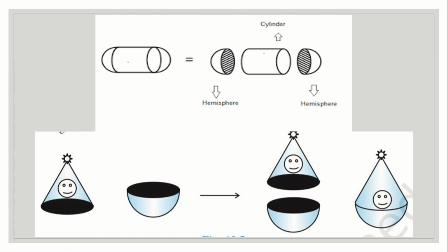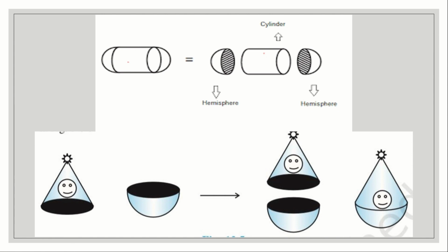Let us now consider another situation. Suppose we are making a toy by putting together a hemisphere and a cone. We would take a cone and a hemisphere and bring their flat faces together. Here the cone and the hemisphere have their flat faces brought together. The base radius of the cone is equal to the radius of the hemisphere. Here it is in the shape of a circle.